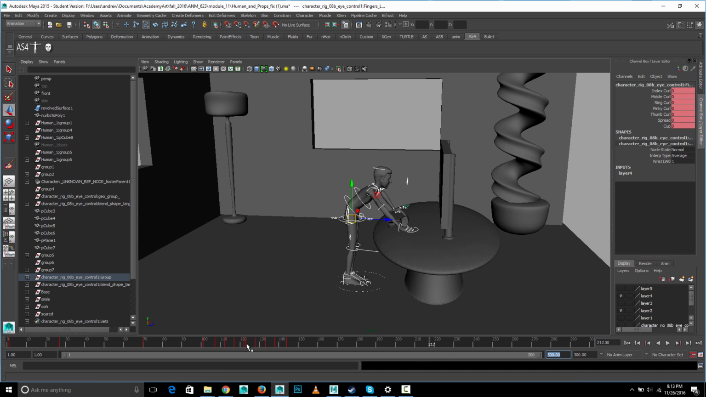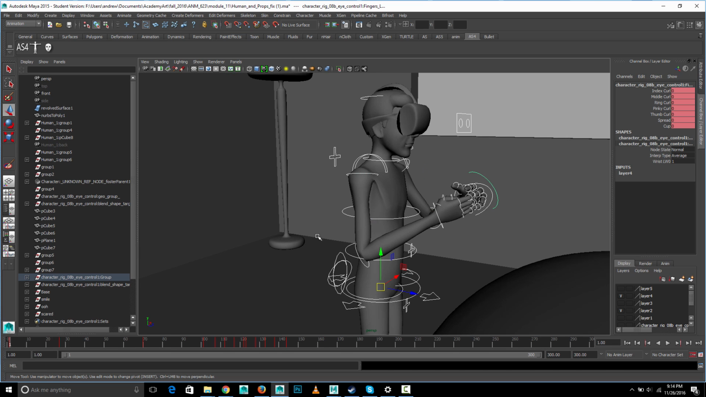Okay. Not sure what that. So, I'm not sure what this motion is there from here to here. But we'll play with it for a minute. Anyways,